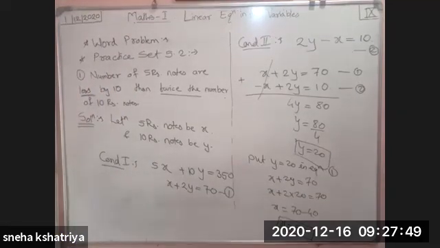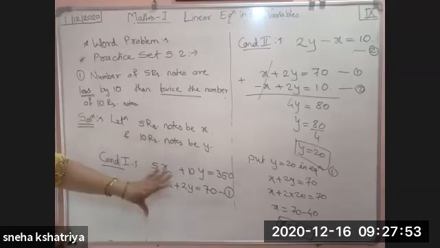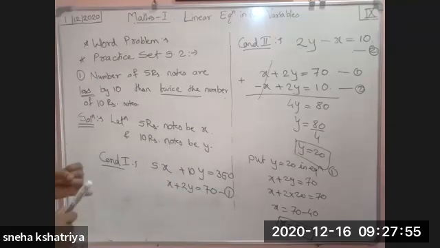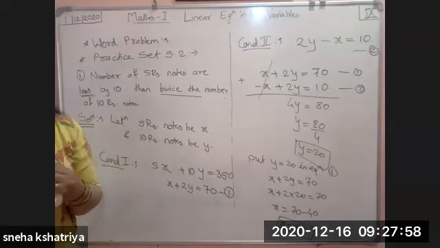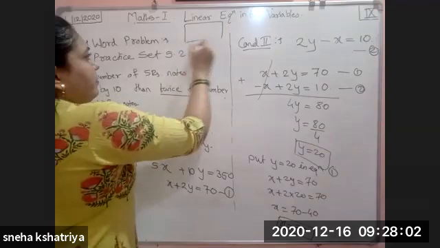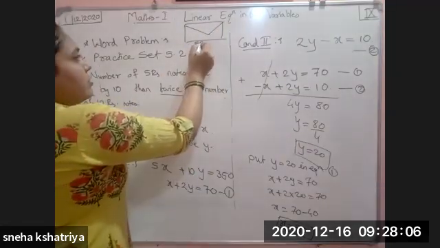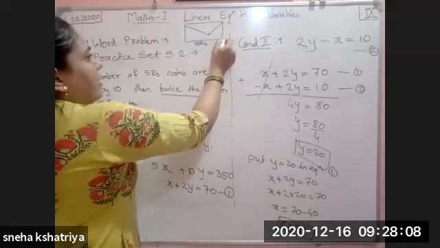Okay. We will again see this example. I am going to repeat this example. See here, what was the first condition given to us? In an envelope. Okay, envelope is there in which there are some 5 rupees notes and some are 10 rupees notes.